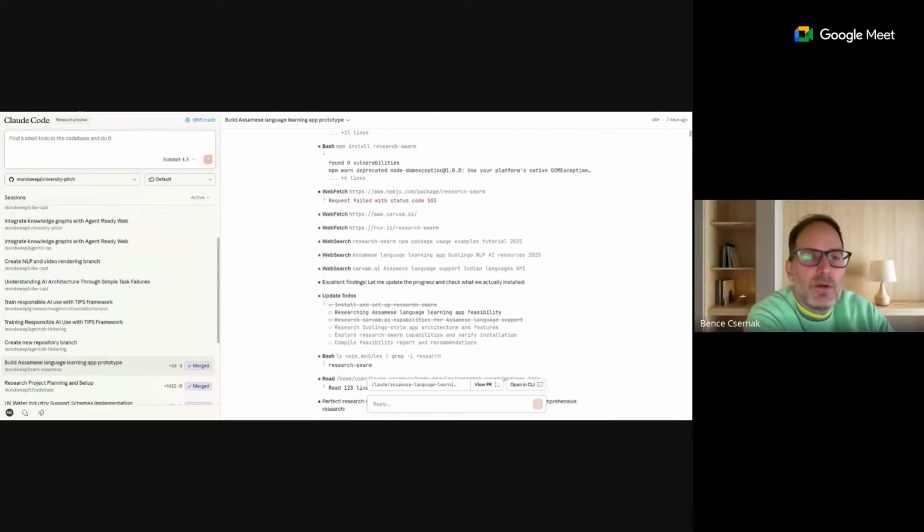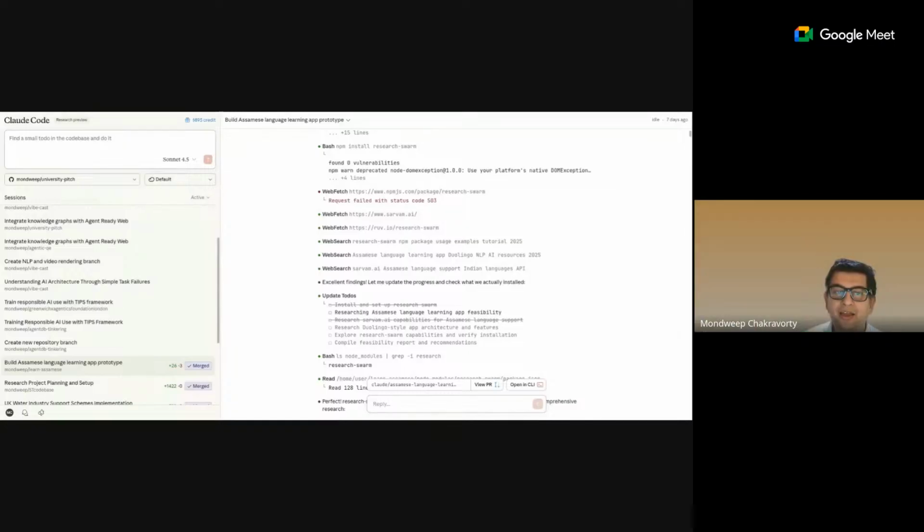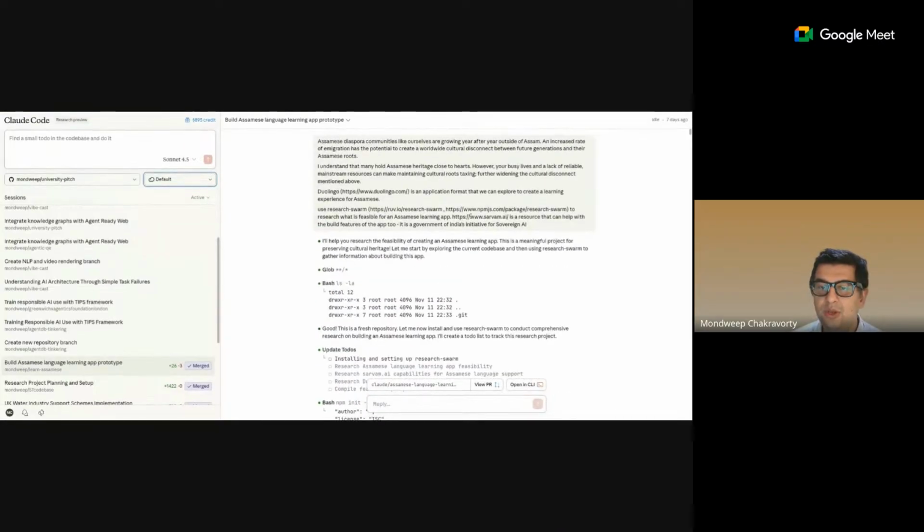Sorry, Benz, yeah. Have you opened the default next to your repo on the left? You've got the default environment. Yeah, I did. I won't show you the detail, but you can put your environment variables there. Like Servon AI, you see, I said use Servon AI. So you can specify the environment variables in there. Basically, you can create your own one.